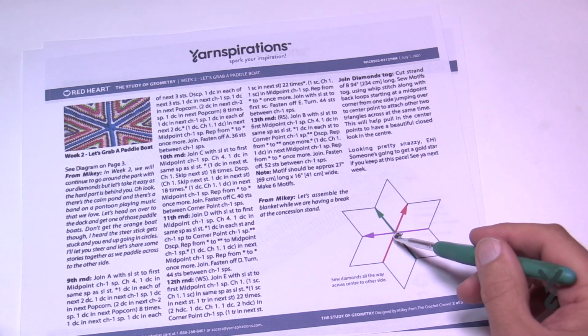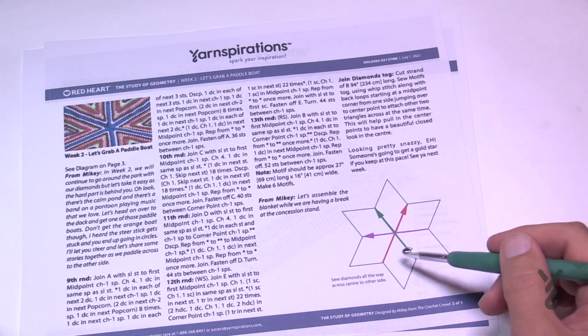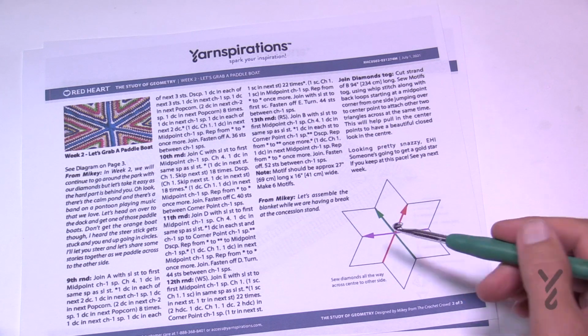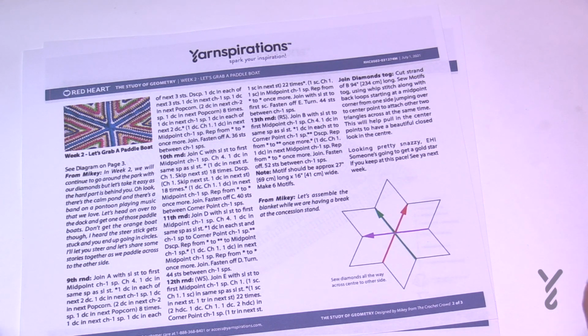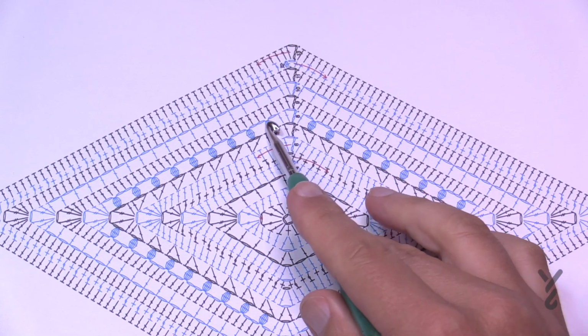When I was doing it I decided not to just whip stitch just one side and do all 6. It was better to go all the way across because it could pull these diamond shapes into each other. So what we're gonna do is go to the diagram now and continue our journey in just a moment. So we're gonna pick up on round number 9 and we have the tulip stitch already in,